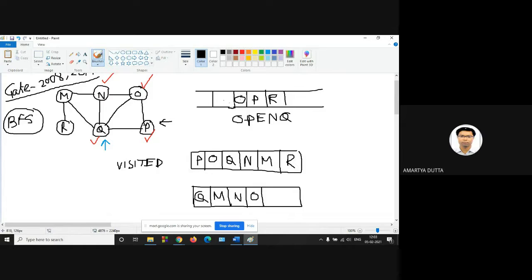When O is there, then from O we are getting N. N is already in visited. Q is visited, and P. Yes, P is inserted again. Right? P is inserted again. Next,